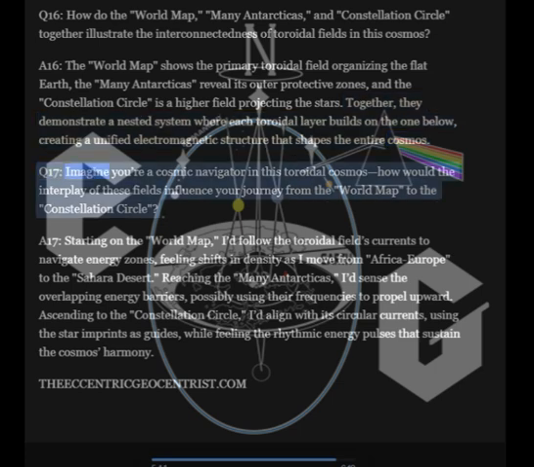Q. Imagine you're a cosmic navigator in this toroidal cosmos. How would the interplay of these fields influence your journey from the world map to the constellation circle? A. Starting on the world map, I'd follow the toroidal field's currents to navigate energy zones, feeling shifts in density as I moved from Africa-Europe to